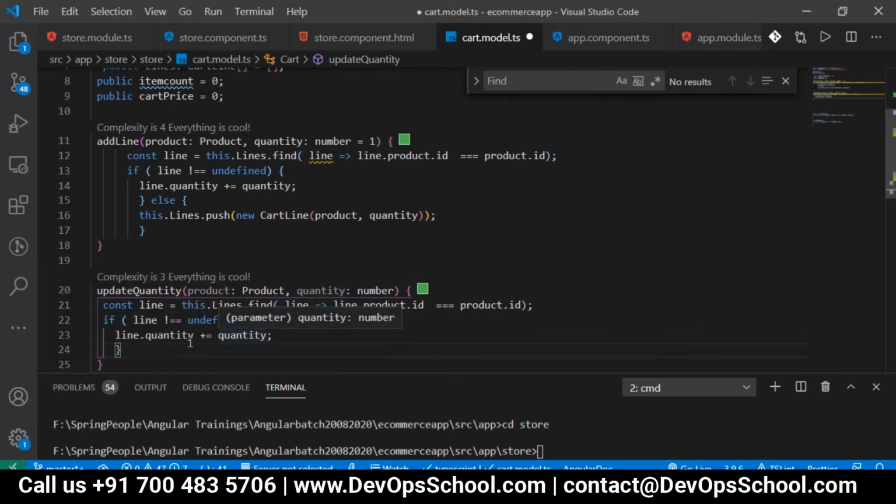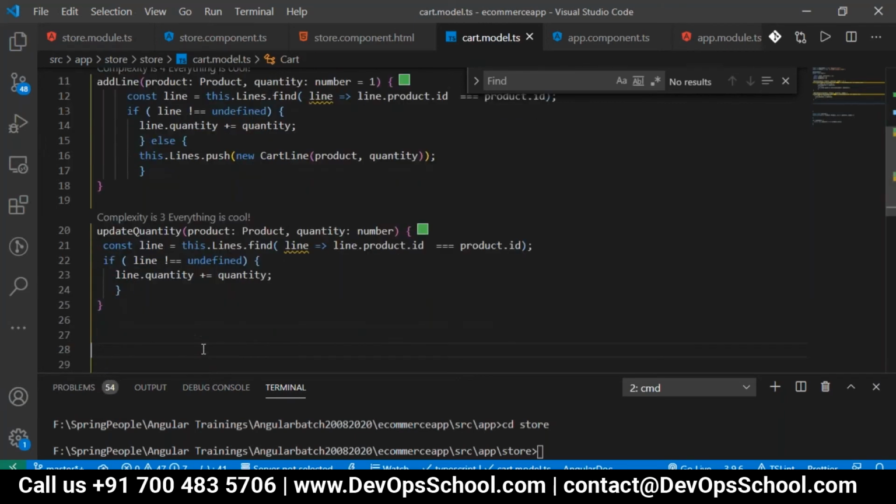So if it's undefined, just only quantity. But here it cannot add it to the cart. Or you can convert the quantity into a number by parsing, and whatever quantity you mention will be taken. So that is update, only update, not add.